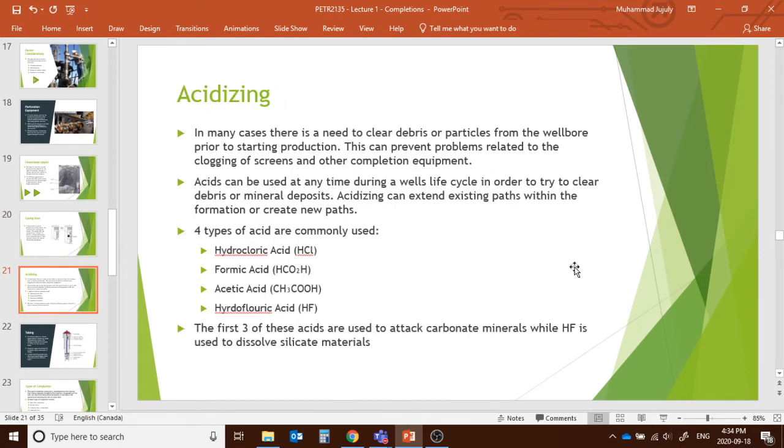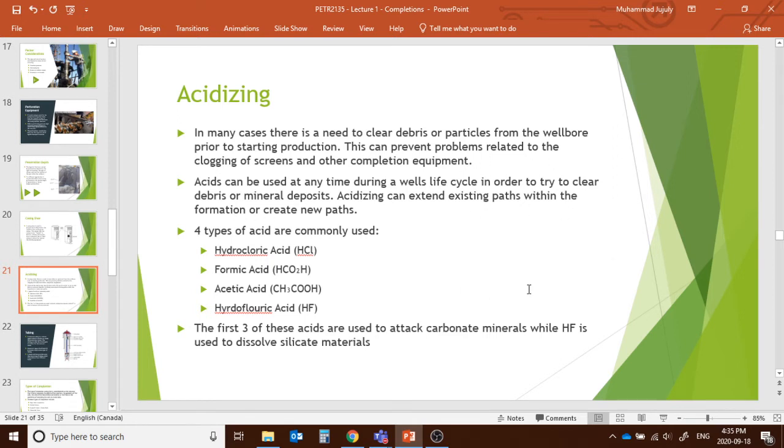So in that case, we sometimes use acid so that these rocks or the debris, these types of formations, can dissolve. Okay, so acid is used at any time during the well life cycle in order to clear